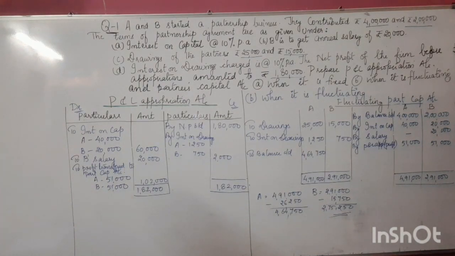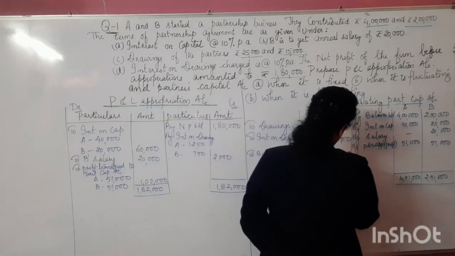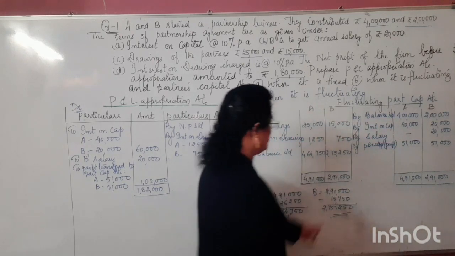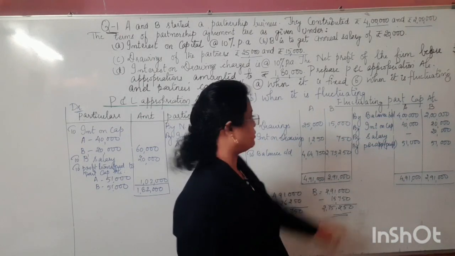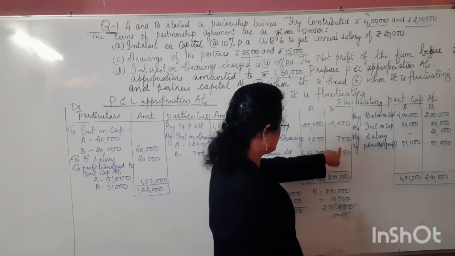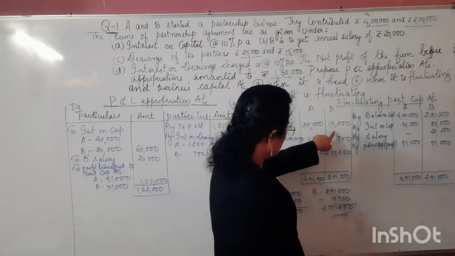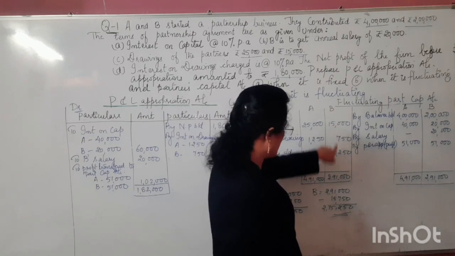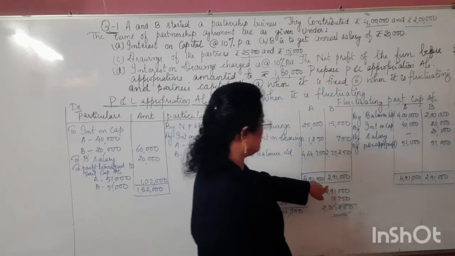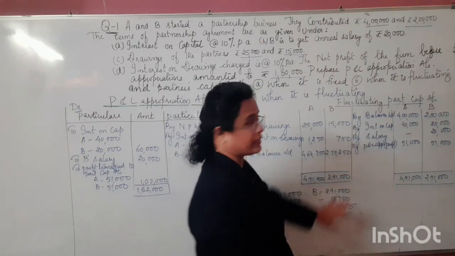Finally we will be getting the value here, that is 2,75,250. So let's write down over here 2,75,250. Let's check whether the total is equal to 2,91,000 or not. Okay, 0 0, 5 plus 5 is 10, 1, then 7 plus 2 plus 1, 10 and 1, then here 5 plus 5 is how much? 10 plus 1, carry 1, 9, 1 here. Okay, got it here. Then 7 plus 1, 8, then that 1, 9, 2,91,000.